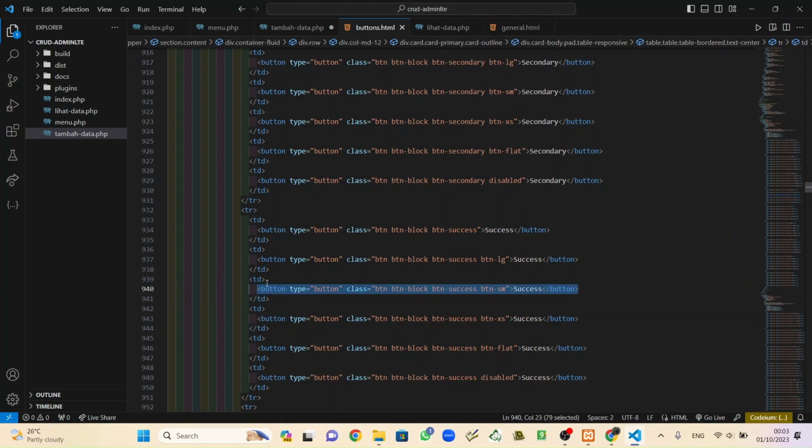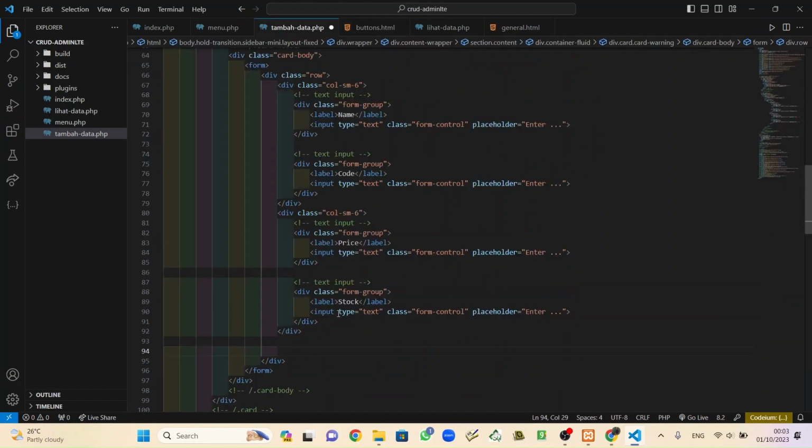Copy, Control C. Back to the tambah data, Control V, and wrap this with a new div with class col-sm-1.